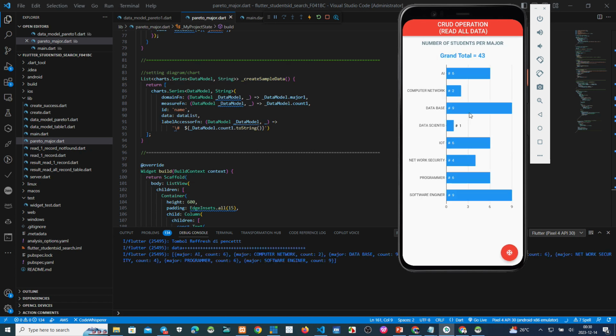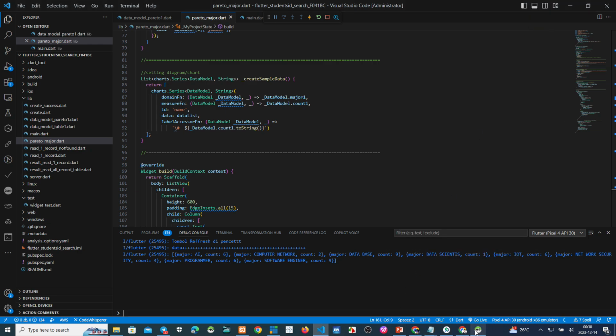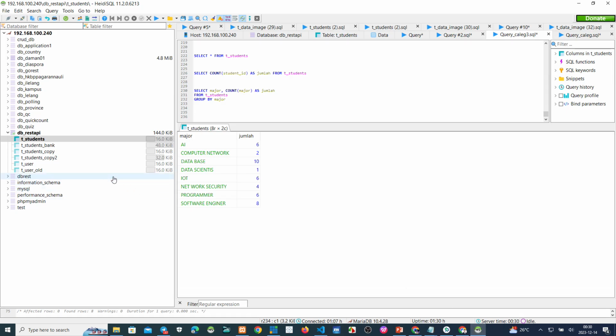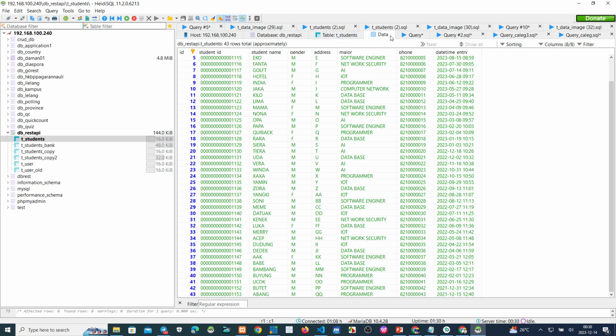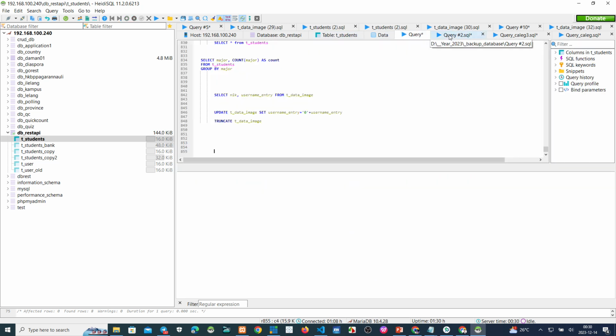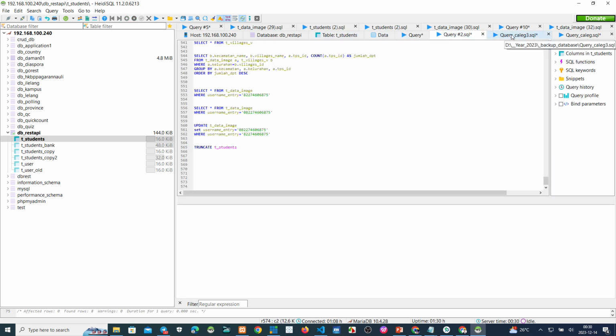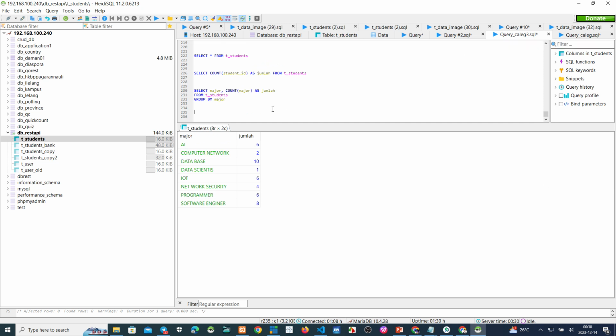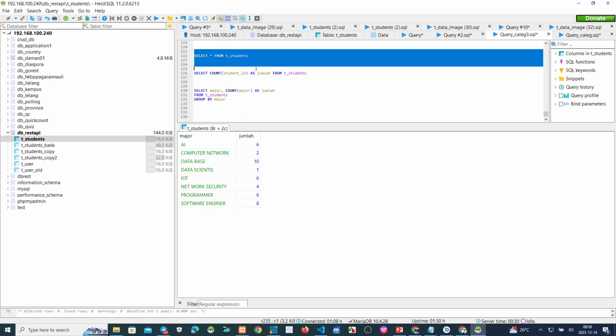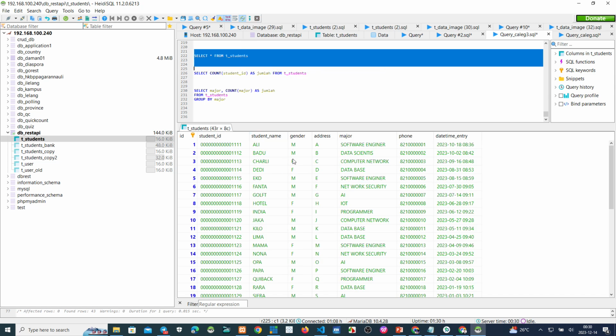We can see the result, but before this, I think it's better to show you the database. This is the database. And where is my script? Oh, this one. This is all the data.